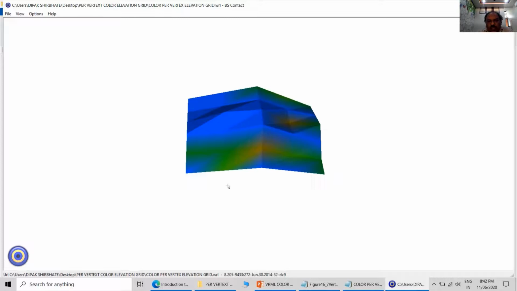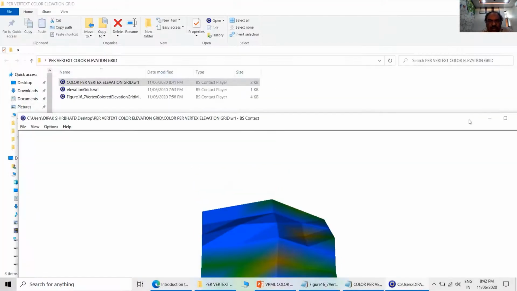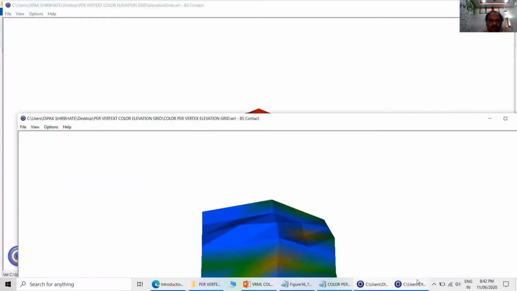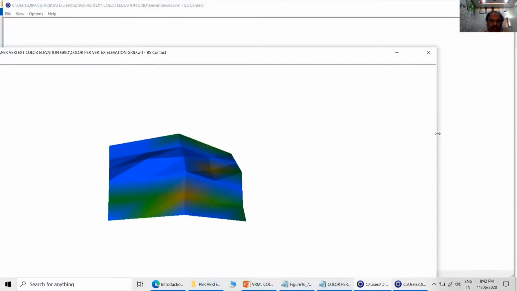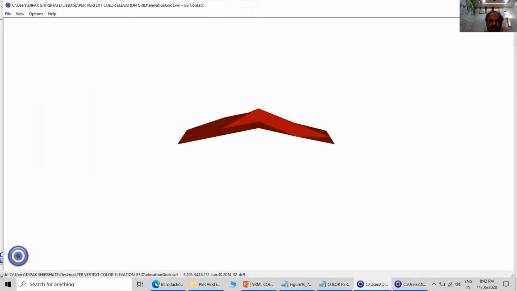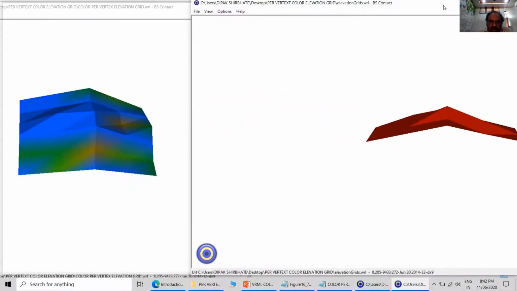So whatever colors were available on the mountain, those colors are getting applied to this elevation grid. This was our original elevation grid, and this is the elevation grid after applying color per vertex. You can see the difference.